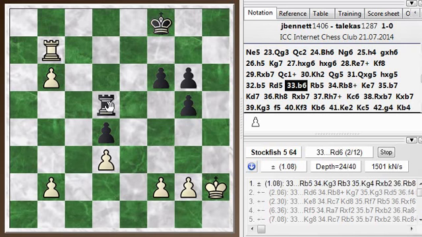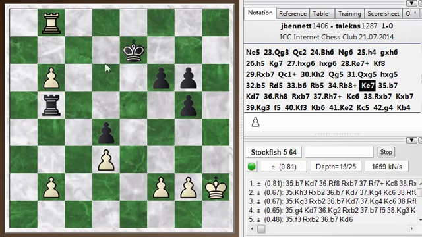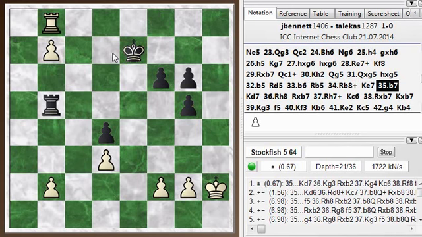So he goes rook b5, getting behind the pawn. I go check. He comes forward with the king, and I go b7. And he comes forward one more step. So he's just close enough. There's this trick, which